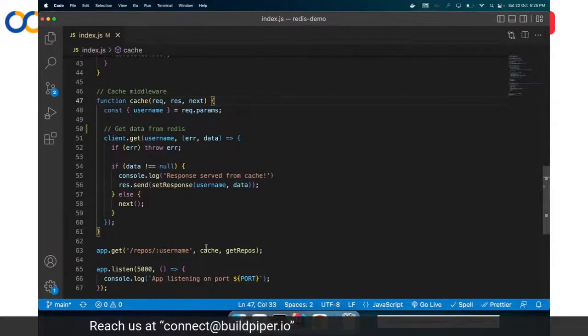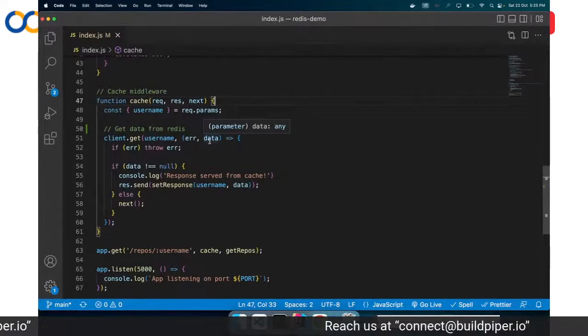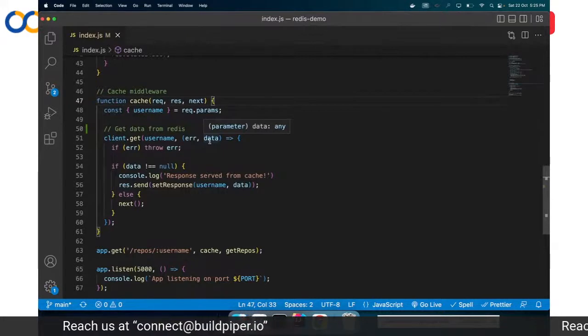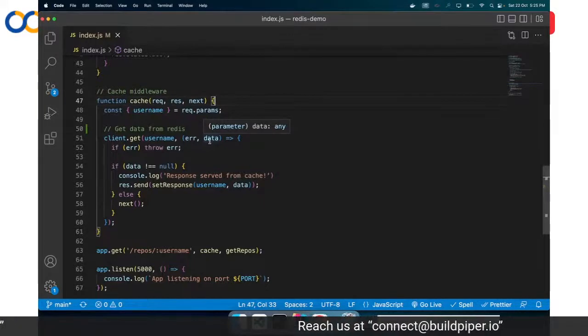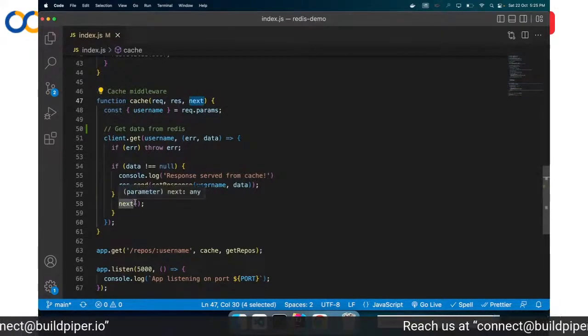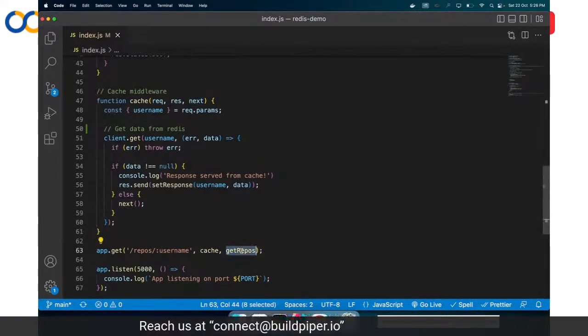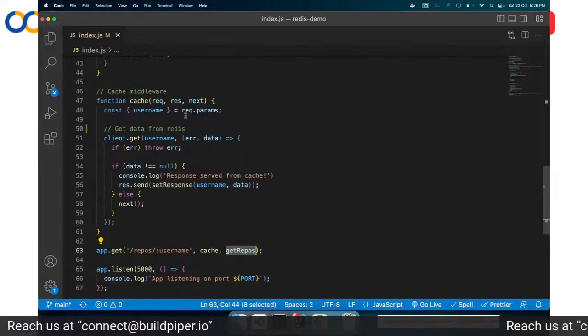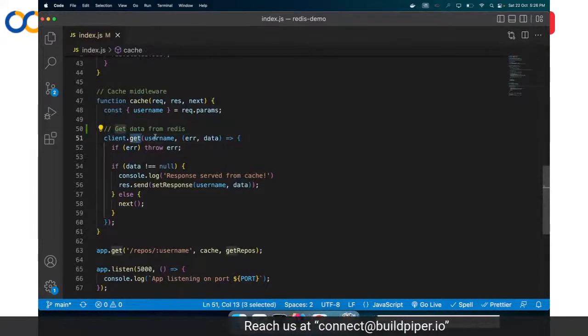So middlewares in Node.js are nothing but functions that you can use to play around with the data before actually calling the handler. Very popular use cases are authentication or logging before calling the handler function. It has access to the request and response objects, and it also has a next method that you can call once you are done with modifying the data, so that your handler function gets the call. So we are doing a get data from Redis here, client.get and the key.